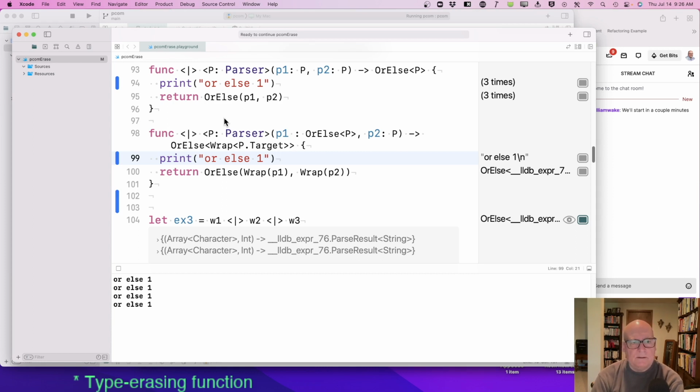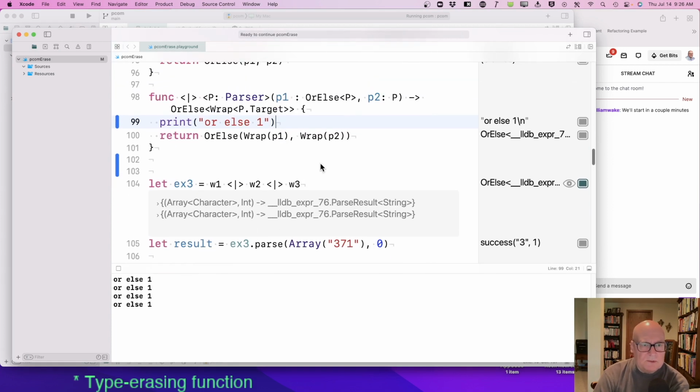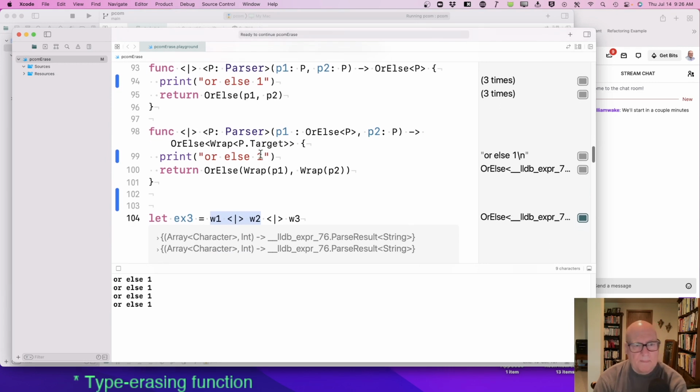Why? Okay. What confuses me is, I think W1, W2 calls OrElse 1, and that produces an OrElse of W1, W2. Okay, that is fine. That's an OrElse W1, W2.